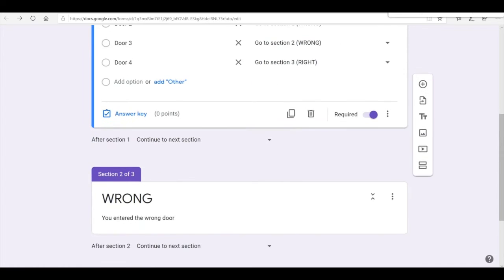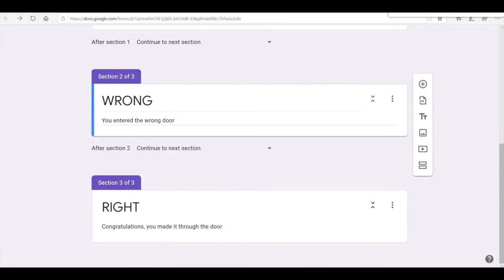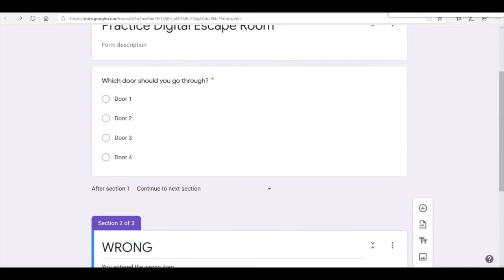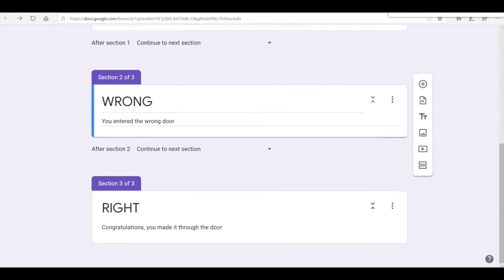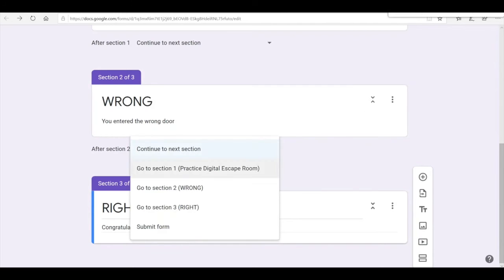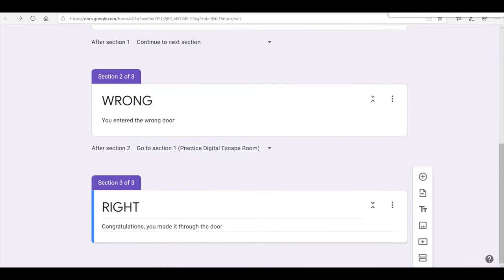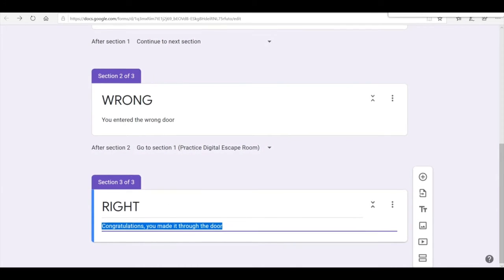Okay, so for wrong, if they do get it wrong, you want them to be able to come back. So if they get it wrong, you want them to go back to the first question. So here it says, after section 2, continue to the next section. We want to change that they go back to section 1. So they go to section 1, practice digital escape room. Click on that. And for number 3,